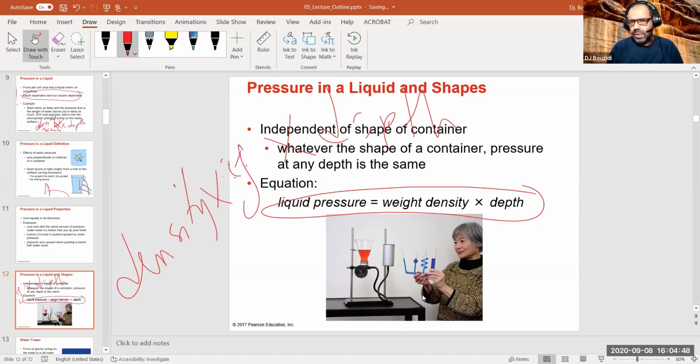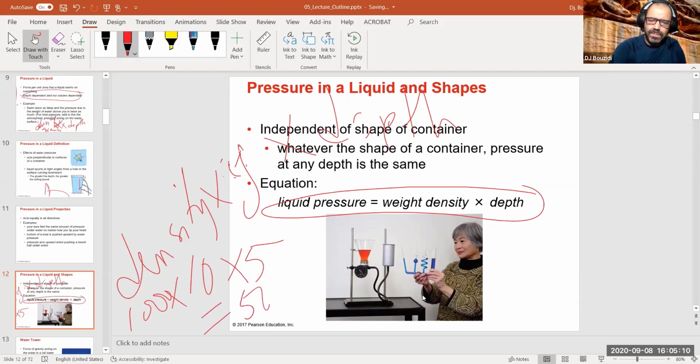Okay, so if we tell you the water density is 1 kilogram per liter or 1,000 kilograms per cubic meter, and the object is, for example, at 5 meters below. So you multiply 5 times 9.8 or 10, if you like, times 1,000. 1,000 times 10, that's 10,000 times 5, that's 50,000 newtons per meter squared, or 50,000 pascals, if you like. So that's simple. You're not required to remember all of the steps, but down the road, if there is an assignment, we're going to talk about this one.